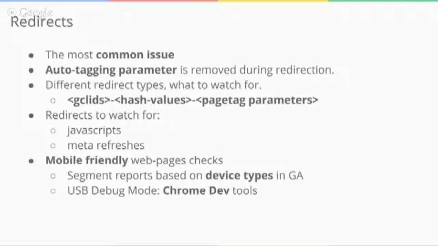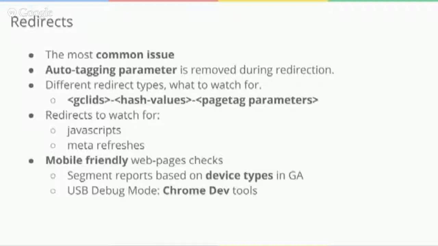The other case that we tend to see quite often is that sometimes you want to track activity for AdWords in a third-party system. So you have sort of an intermediary service where you send the user first and then forward them onto your website so that you can track that activity in that other bit of software. And so there's nothing particularly wrong with any of those things. In some cases, they enhance the user experience.